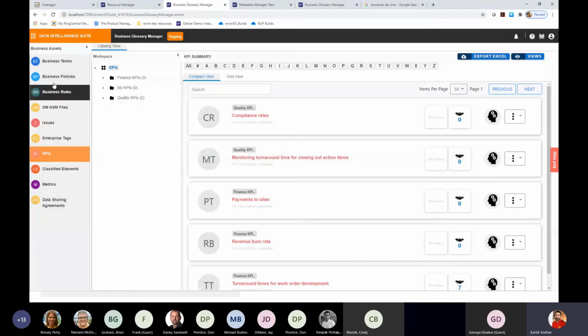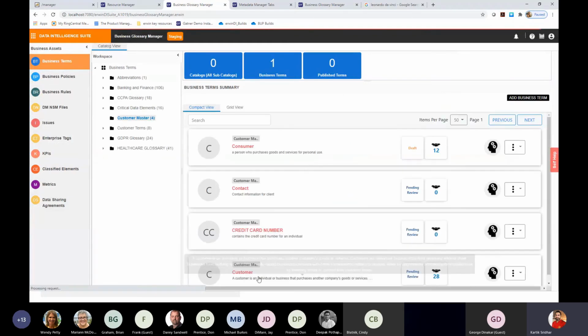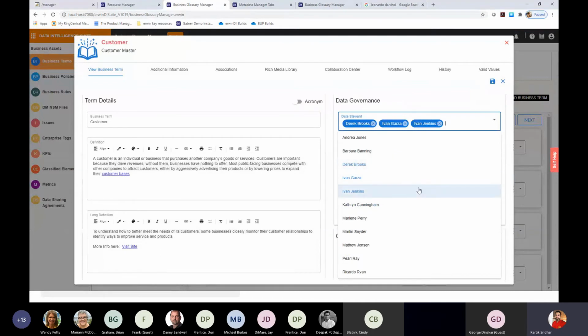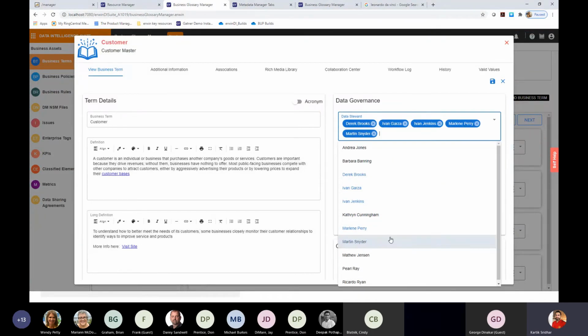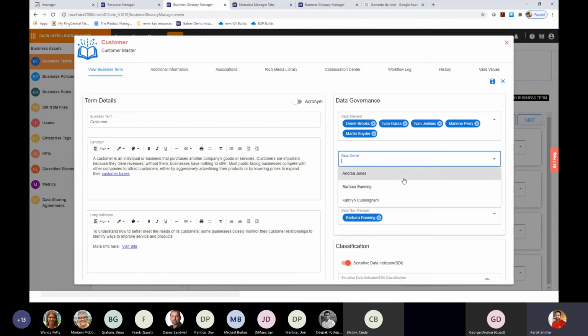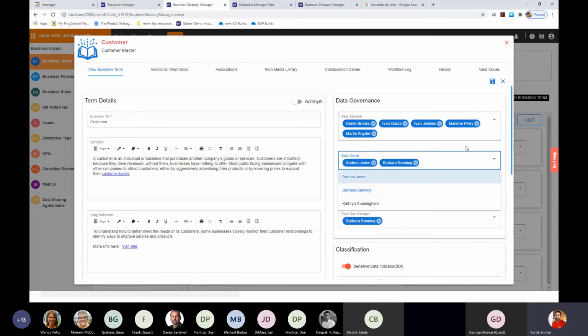So let me just exit out of the screen, go back to my business terms. Let's say I want to assign multiple data stewards to a term. So when I go here, I can assign a data steward and say that, okay, fine, this person is also my data steward, and this person is also my data steward. So multiple data stewards assigned. So you can restrict it to a single data steward, or you can assign multiple data stewards as well. In case you want to assign a data owner, you can assign who the data owner is. And if these individuals are responsible for a certain stage of the workflow, they will automatically link with the workflow. So when you hit the save button, an email notification will also be sent out to them that they've been assigned to that specific section of the workflow.